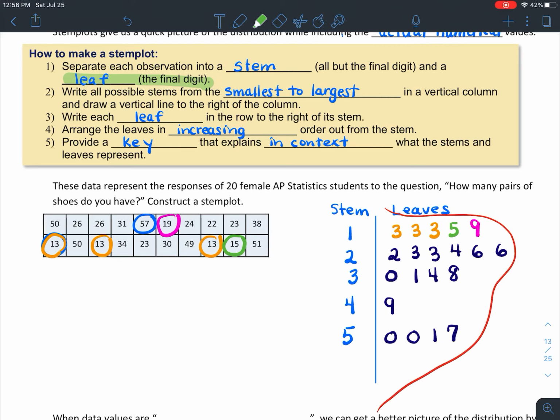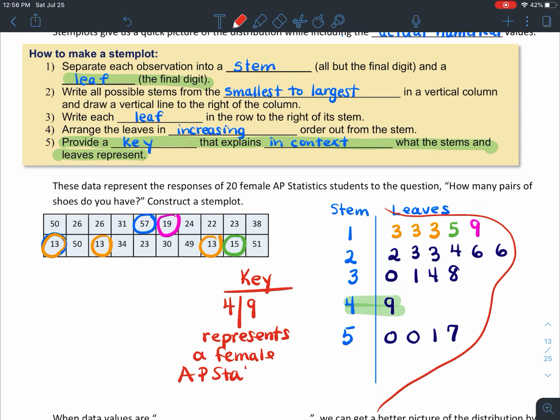Okay, now here's the other important thing. We had said you always have to provide a key that explains in context what the stems and the leaves represent. Now here's how you would provide the key. I'm going to label it key. You pick one value from your data set. So I'm just going to go with 49. And so you show for line 9, and then you say represents